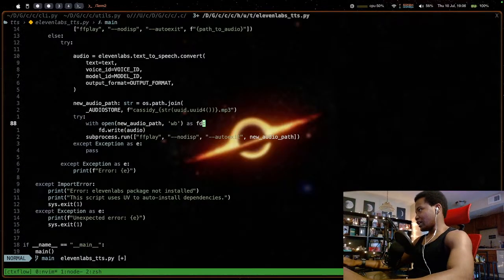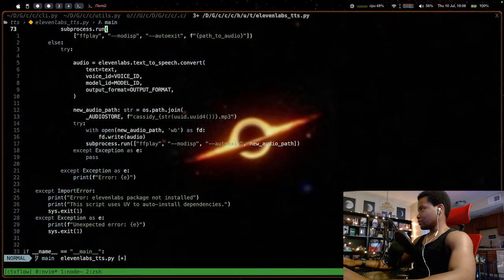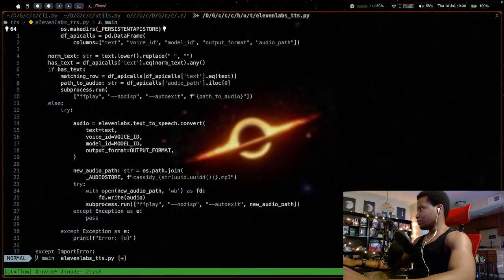I need to make sure I add everything to the data frame and then export it back out. So this is the case that if it has text, it would just play it and that would be the end of it. Else, make the API call. If the API call is successful,